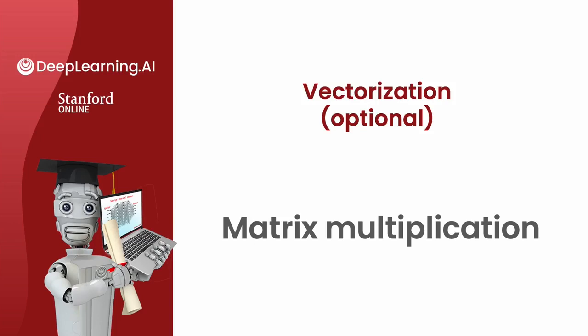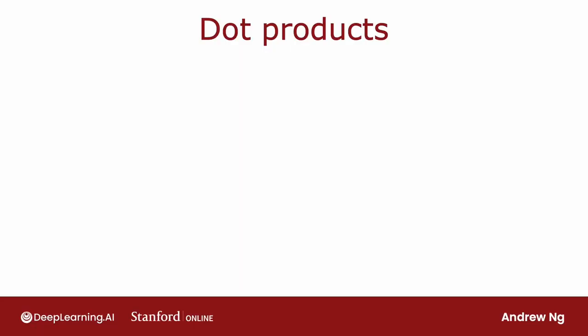So you know that a matrix is just a block or 2D array of numbers. What does it mean to multiply two matrices? Let's take a look. In order to build up to multiplying matrices, let's start by looking at how we take